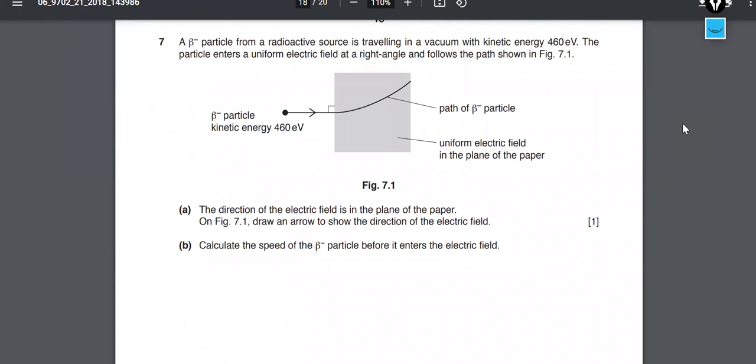Hello and welcome. This is Dr. Schleif with another worked example. And here we've got a beta minus particle from a radioactive source traveling in a vacuum with kinetic energy 460